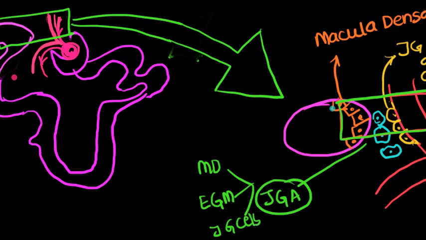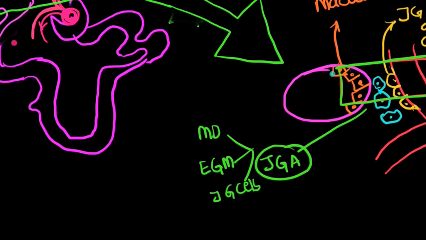Okay, now what are the functions? The macula densa senses the sodium chloride concentration present in the tubular fluid coming into the distal convoluted tubule. The extraglomerular mesangial cells act as a binding matrix or a movement pathway. As such, they don't really have much function, at least none discovered yet. And then you have the JG cells, which are responsible for secretion of renin.